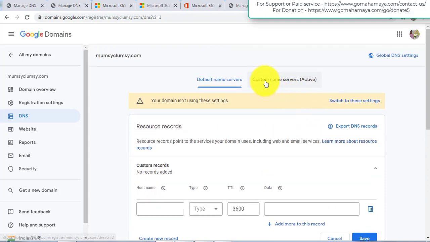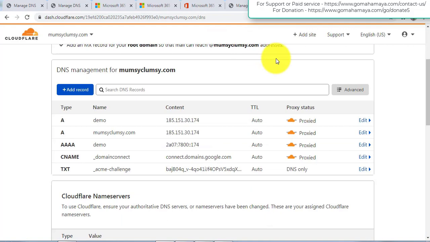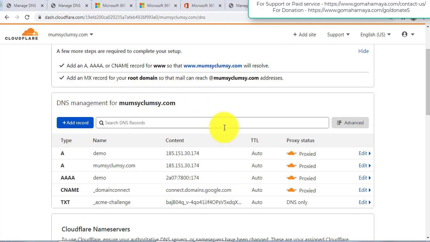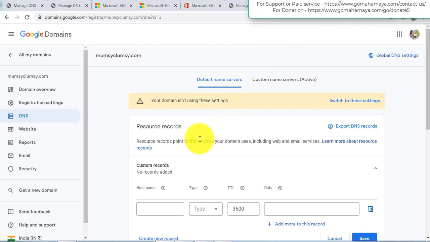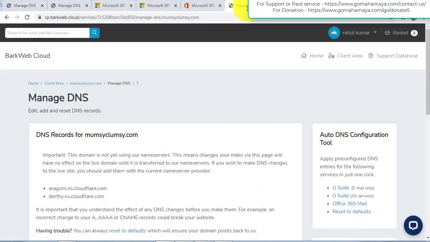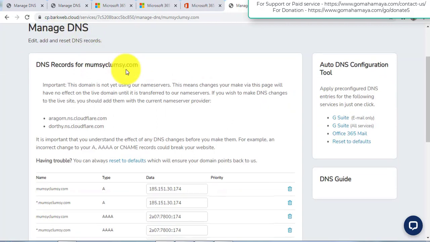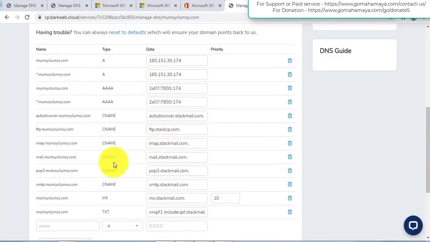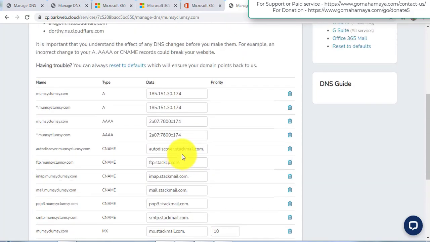If you're using custom name servers, that means you're using Cloudflare or any third party CDN provider in between your domain. So for that, DNS management will be like this. I'll teach you from Google Domains itself how you can do this. If you click on DNS, manage DNS also, you'll find the same thing. So you can manage it.